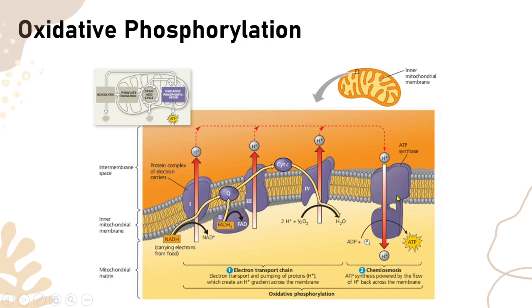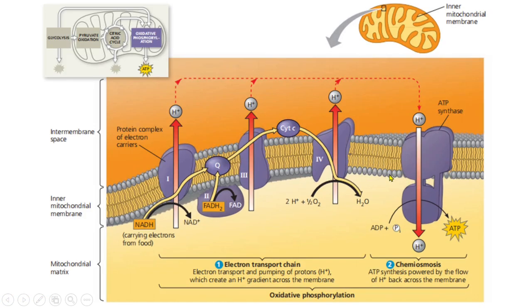If the ATP synthase here will be the one malfunctional, even if there would be a lot of electrons going here, and there would be a lot of hydrogen going towards the other side, no ATP will be produced because it won't be able to pass through here. Okay, so that is all about cellular